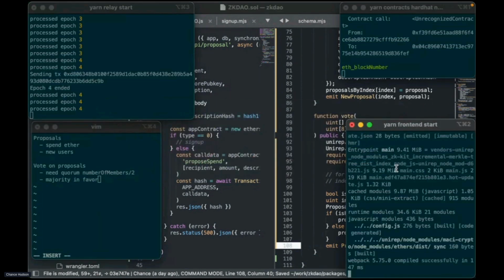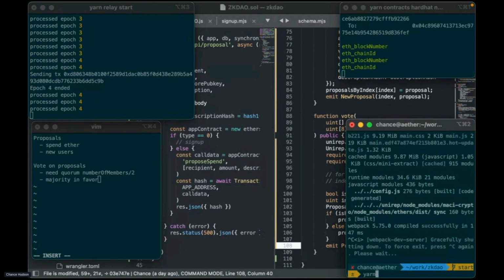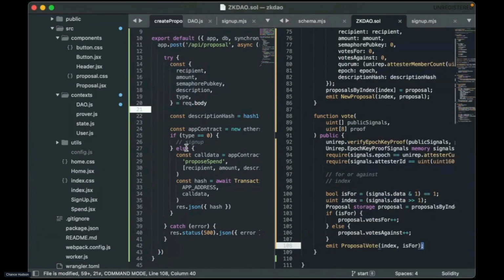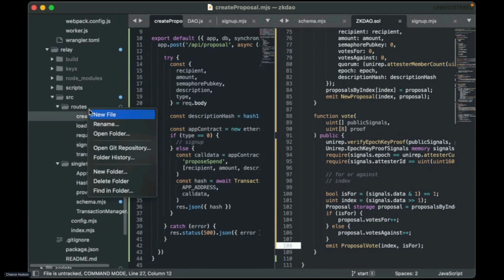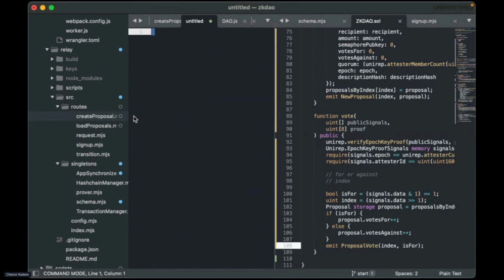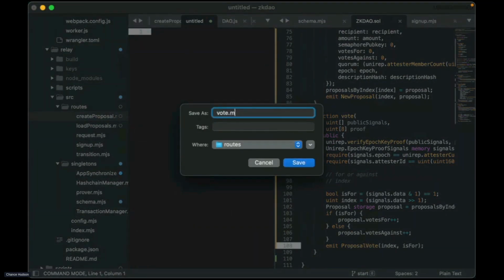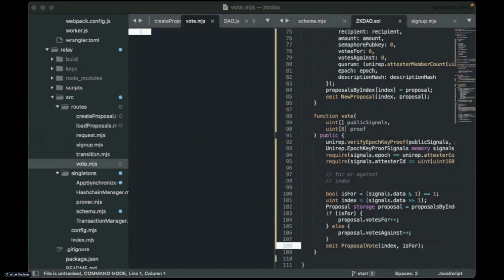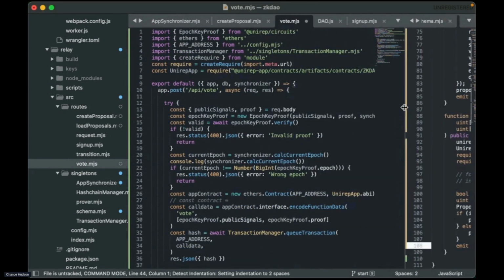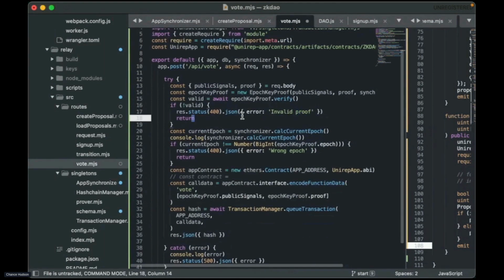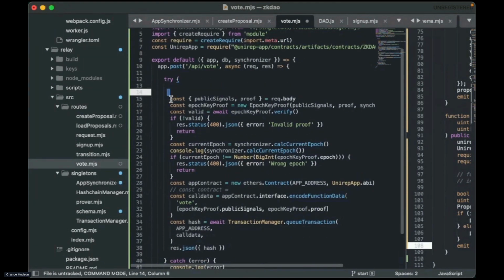Okay, let's see if that builds. So we have this written in there. Now we need to add a route that will allow us to make the vote. We'll just call this vote.js. And again, I'm just going to rip this out of the example for the sake of brevity. In this function, we're going to take a ZK proof from the request.